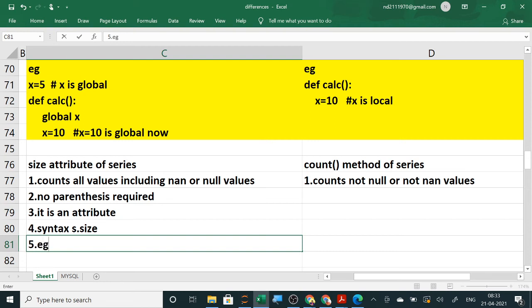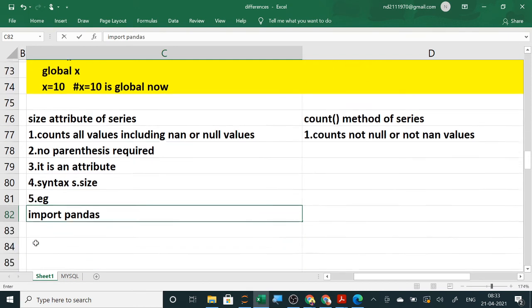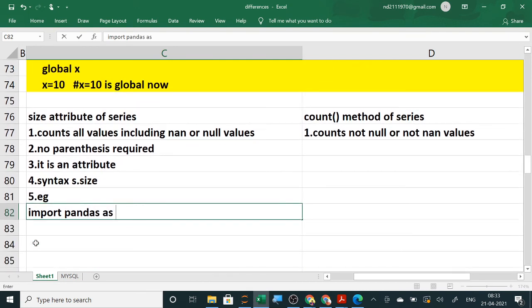Last one will be the example. If a series contains 5 records, you have to write the complete thing. So I am writing the complete part: import pandas as pd. In an example, normally they will ask you to write the complete program.